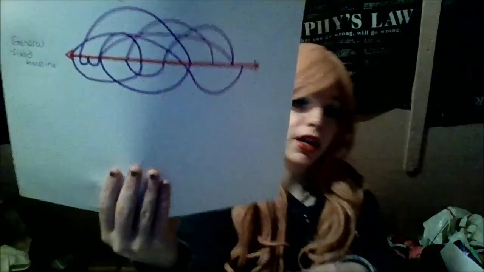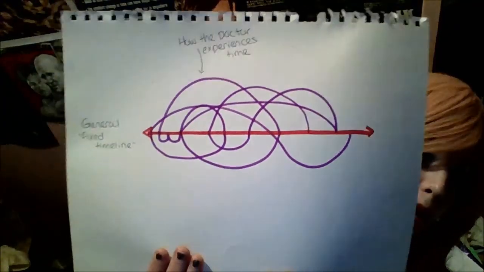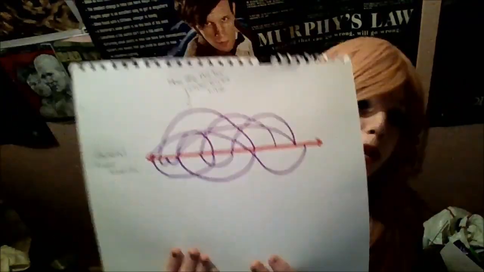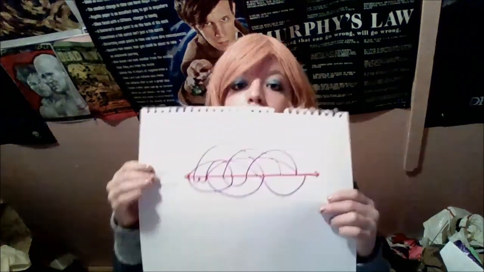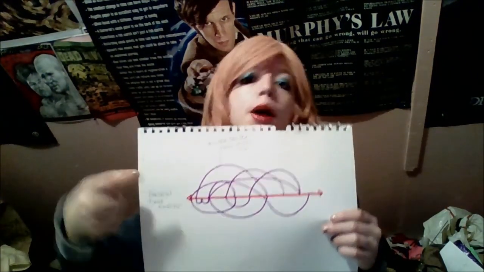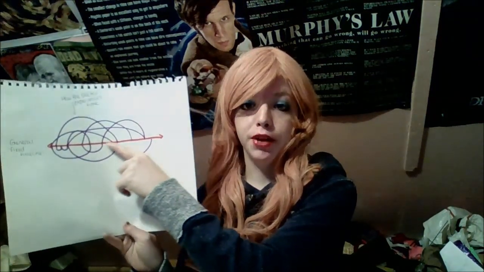The red timeline is how time really looks from a distance. If you take a step back and look how time passes, you see this red line. If you're experiencing time and you're with the Doctor, your line is going to look all wibbly-wobbly like the purple line. But if you're a normal citizen, like me, you experience time in this red line order. Time passing and time experience are not the same thing.